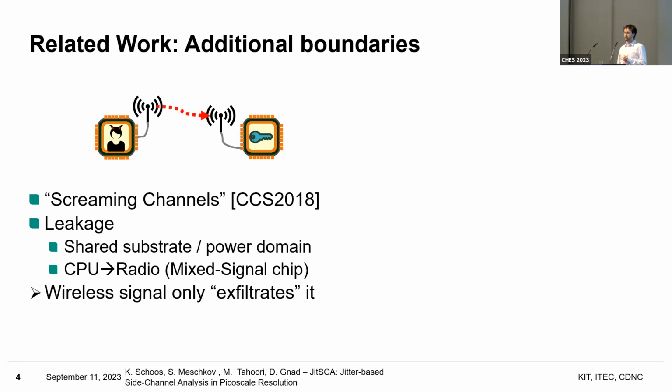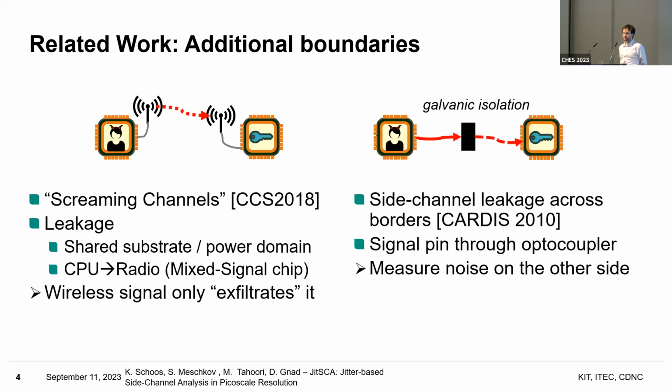Similarly, one attack was shown in which there is a galvanic isolation from a microcontroller chip. The microcontroller has a pin which has a fixed value, let's say a fixed 5 volts. Then there's an optocoupler, and on the other side of the optocoupler, because it's still kind of an analog transmission, you have a lighting diode. On the other side, you measure this light, and there's still some noise in it. This was shown to also be useful for a power side channel attack on the other side,